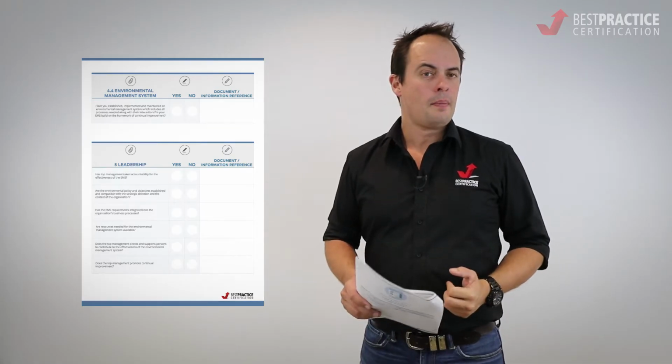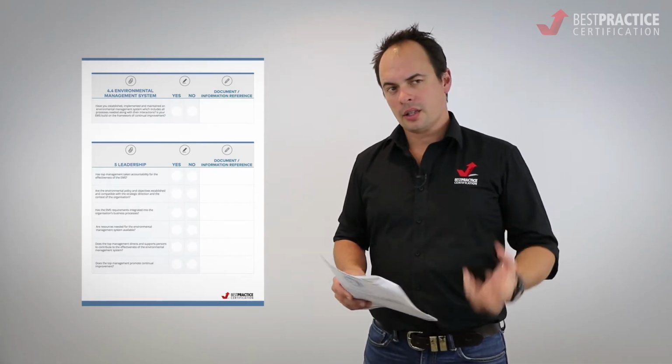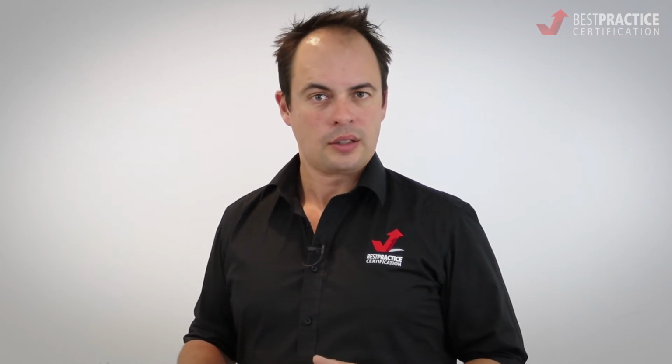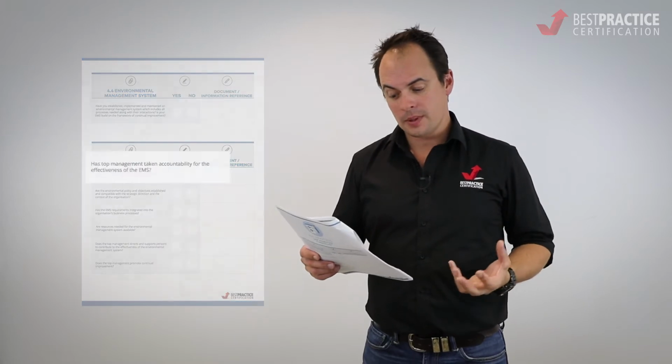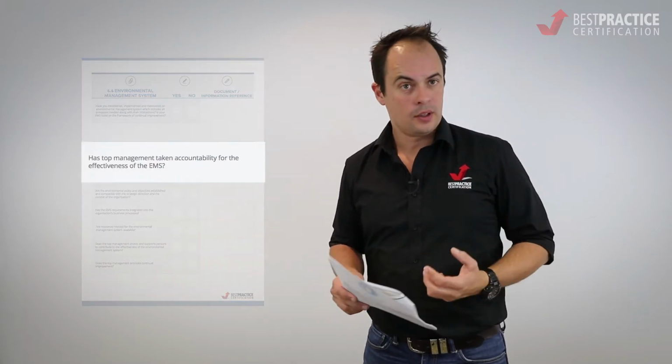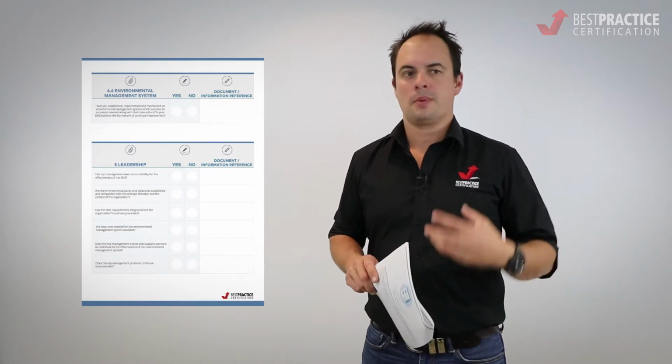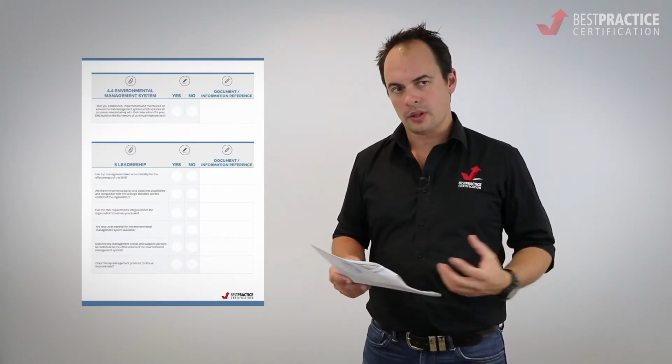Let's talk now about clause 5, and this is the context around leadership. There's a bit of extra stuff around planning and strategic planning, but let's get into leadership. Now, this element of ISO 14001:2015 has been strengthened. It's talking about, has top management taken accountability for the effectiveness of the environmental management system? Previously it just talked about top management shall communicate and commit and all those sorts of things, but now